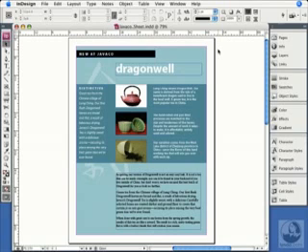Gradients, blends, vignettes, whatever you want to call them, they can be beautiful or they can make life a study in frustration. I'm going to show you the right way to make them in the swatches panel first, and then in the next movie, talk about how to apply and customize them.